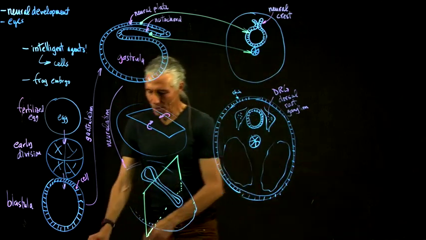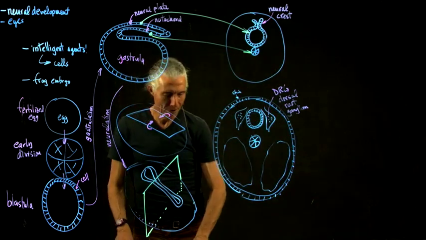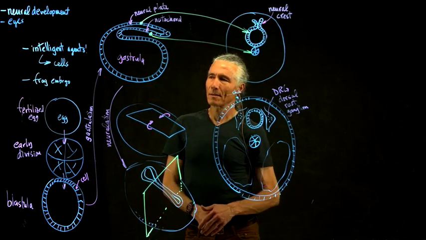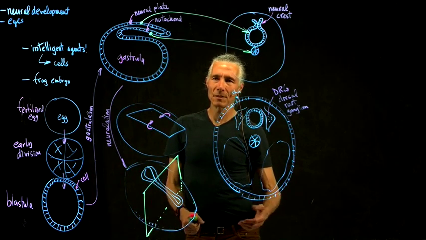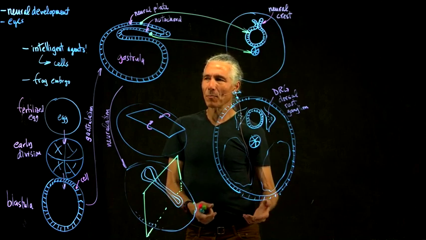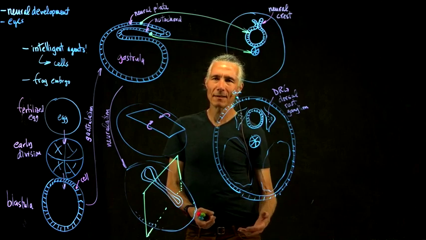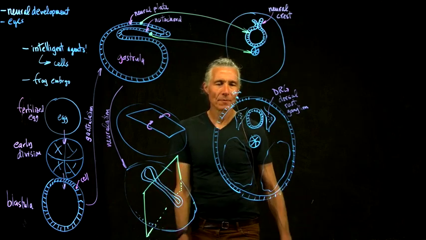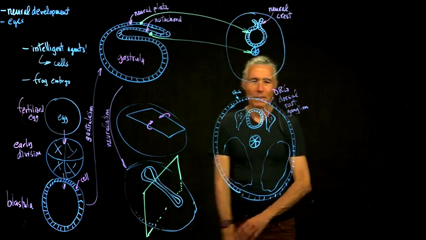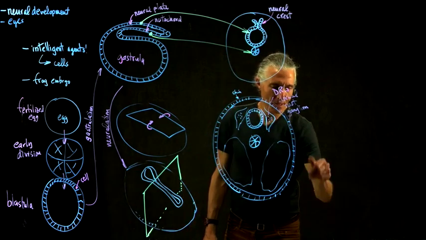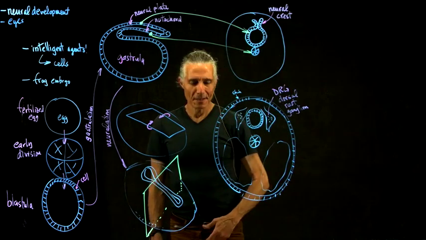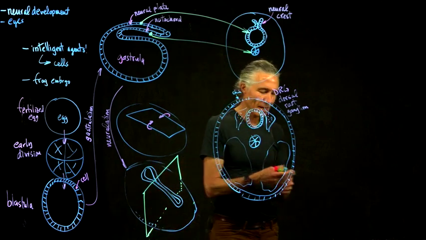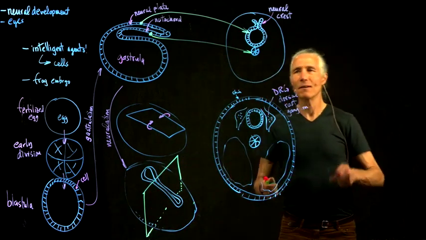Now, that also implies that it's actually not that hard to make the brain bigger, as long as you have some metabolic support for it, because all you do is just tell the guys to count up one more time, count up to 16 instead of 15, and you got that part of the brain is twice as big. So cells can count. It's absolutely critical that they count, and you can actually see this if we look at